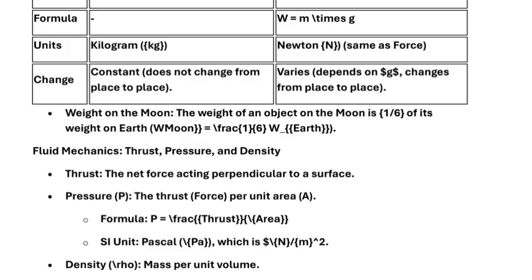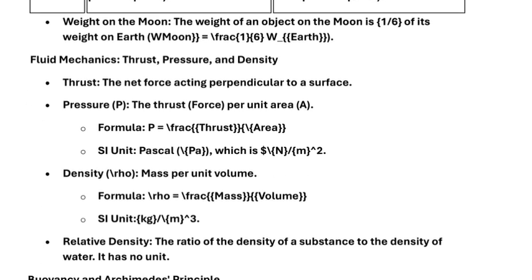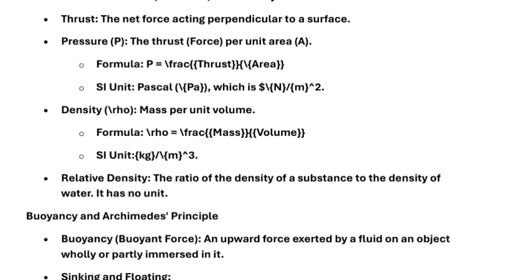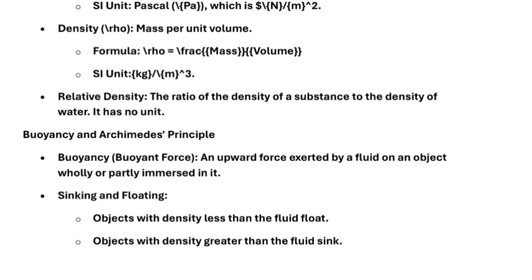Fluid mechanics: thrust, pressure, and density. Thrust: the net force acting perpendicular to a surface. Pressure, P: the thrust, or force, per unit area, A. Formula: P = thrust / area. SI unit: Pascal, Pa, which is N/m². Density, ρ: mass per unit volume. Formula: ρ = mass / volume. SI unit: